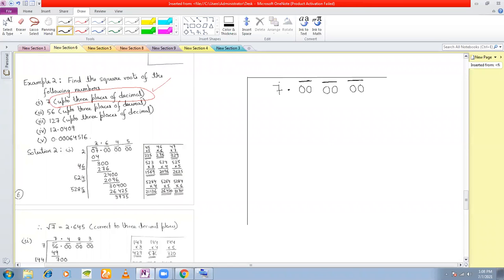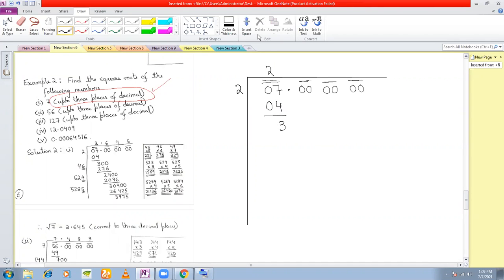Now from before the decimal, you pair this also. How do you pair? You write 07, you pair this. You always start pairing from the right hand side. So you pair this, you get 07. So now we work normally. Now look at the first pair here, 07, which is the square number that is closest to 7? It is 4, right? So 2 into 2 is 4. And we have got a 3 here.